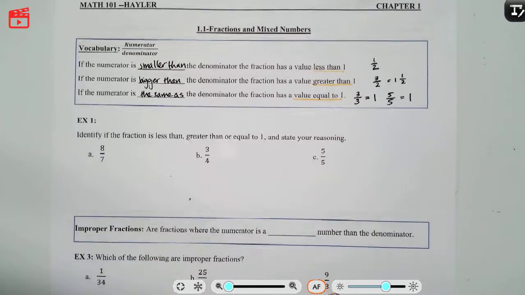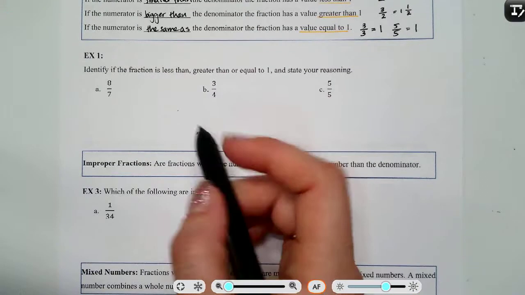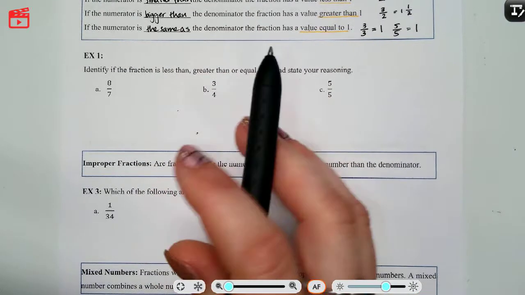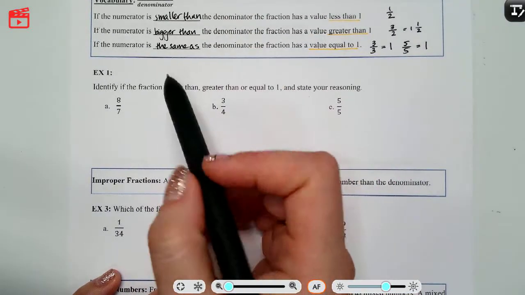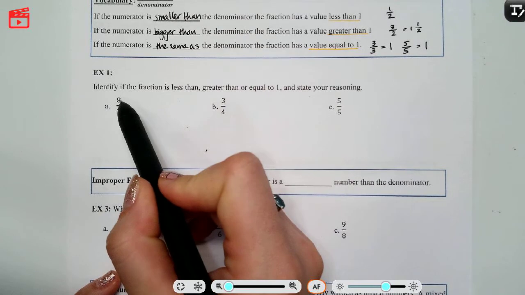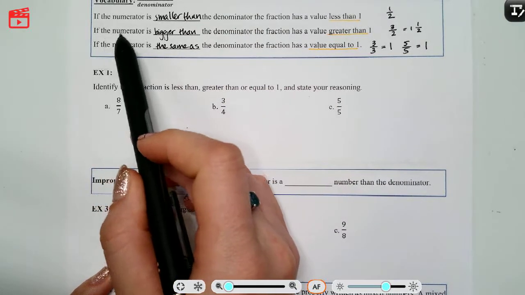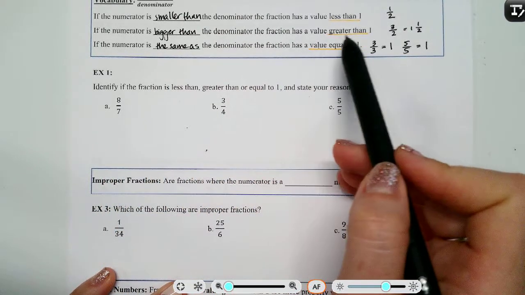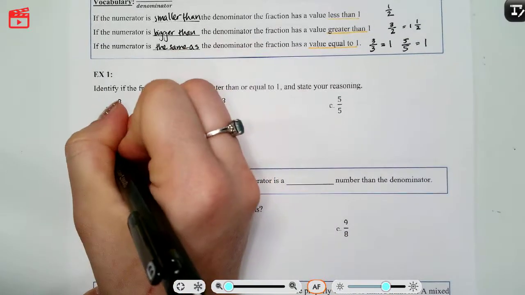All right, Example 1. Identify if the fraction is less than, greater than, or equal to 1, and state your reasoning. We're going to use the information above. So let's take a look. For this fraction, the top number is bigger than the bottom number. So that is this option here: if the numerator is bigger than the denominator, the fraction has a value greater than 1. So this value is greater than 1